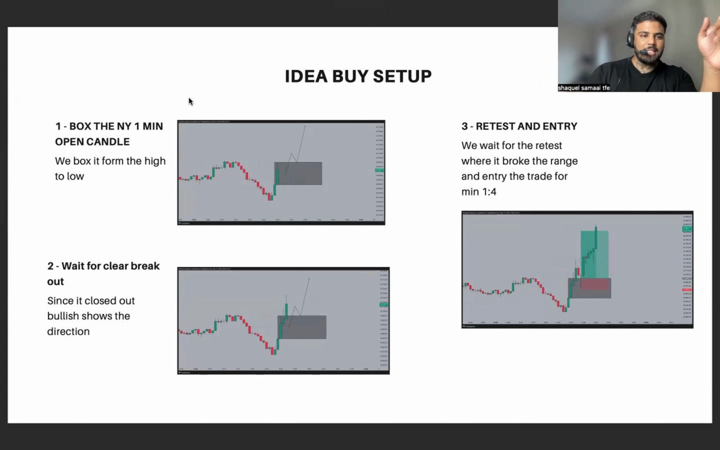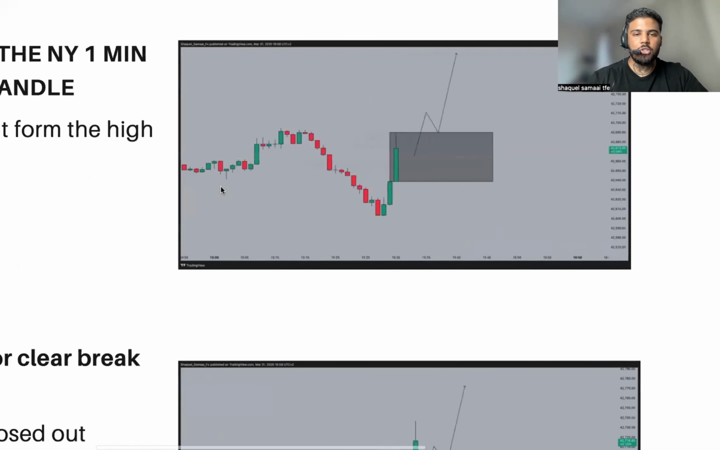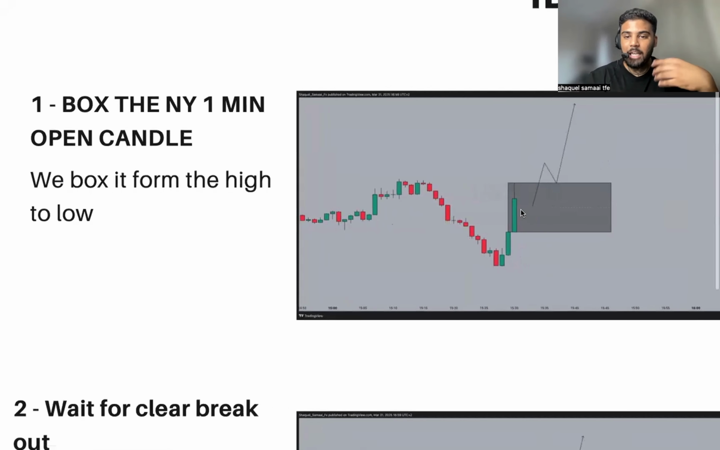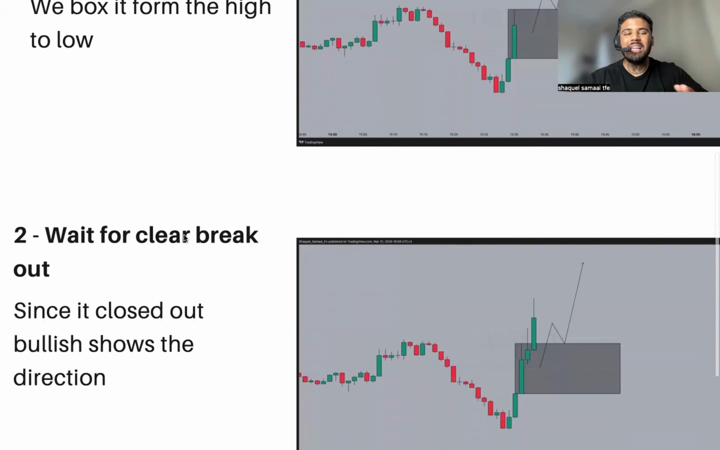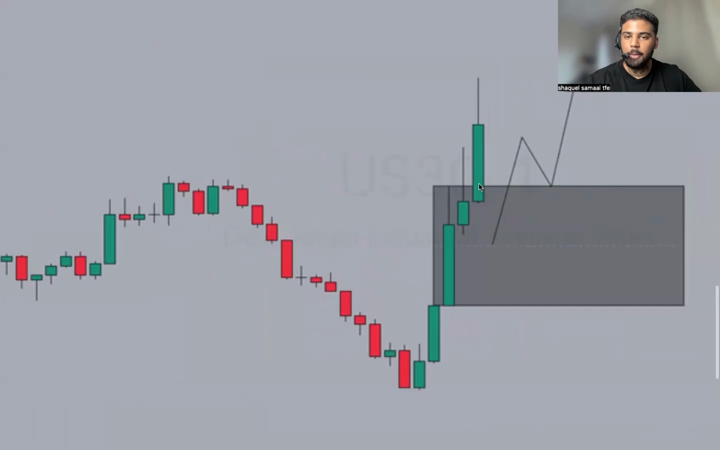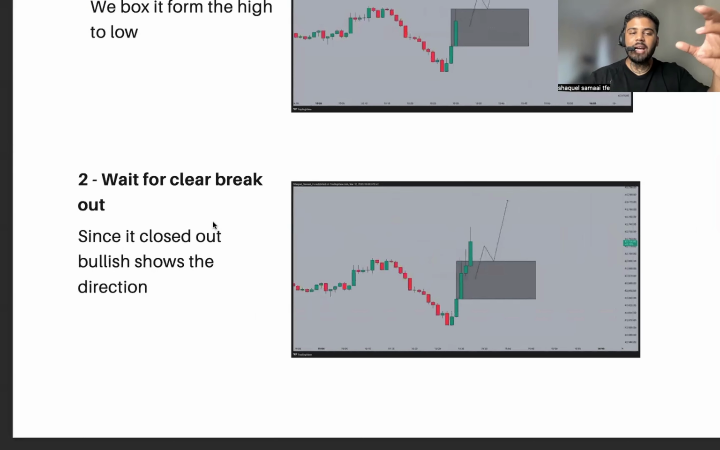Now, the first step of the ideal setup is to understand that at 3:30 South African time, the New York Open, the 1 minute candle, once it opens and closes like here, I box it off from the high to the low. Box it off. This is the buy setup. Once it's done, wait for a clear breakout. As you can see right here, a clear breakout, guys. It's showing you that it wants to continue going higher, meaning a breakout close